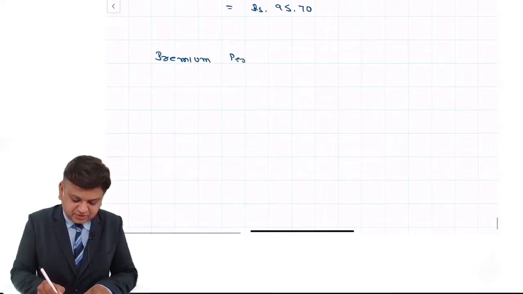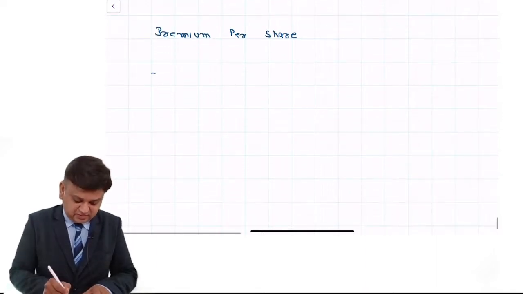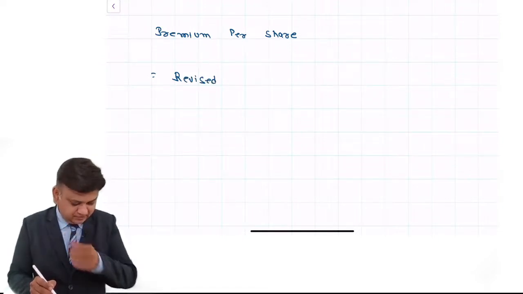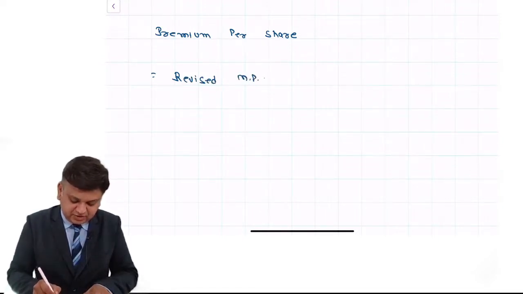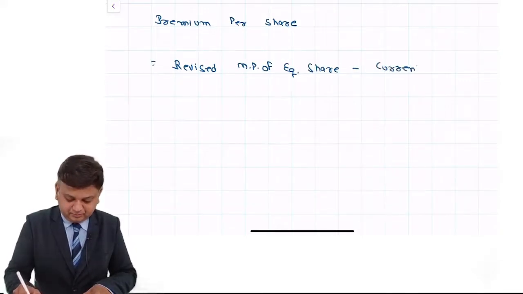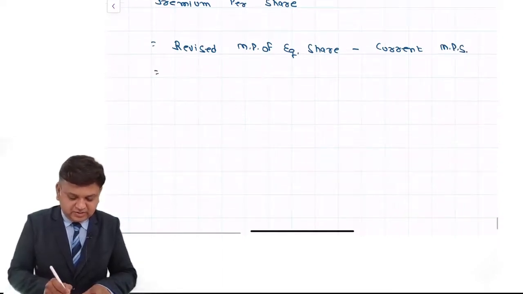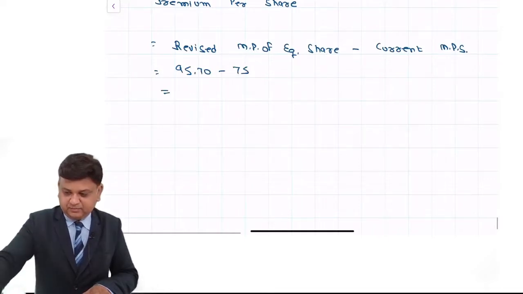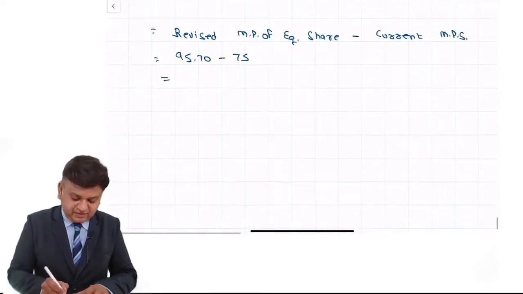So premium per share is calculated as revised market price of equity share minus current market price of equity share. So it is 95 rupees 70 paise minus 75, 20.70,